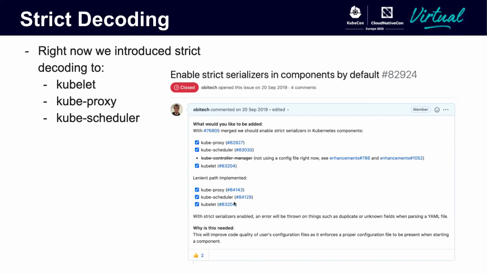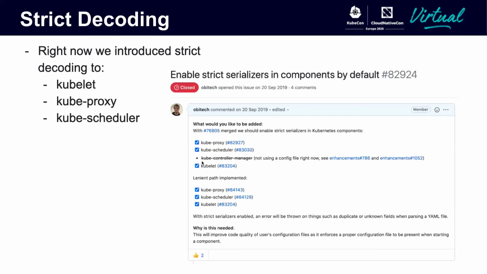This was all in the same release cycle, so the user didn't really recognize any of the issues, unless they were running from master. All these changes got into the next version. I think it was 117 or 118. I'm not sure anymore. All right, so we did this for these components.